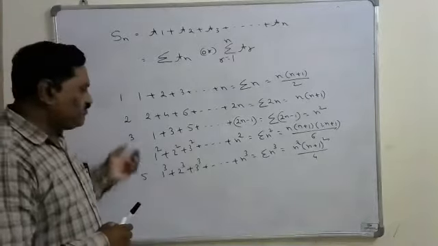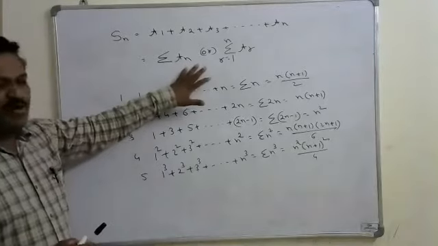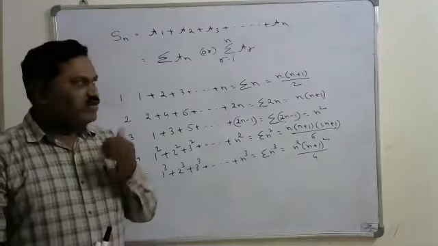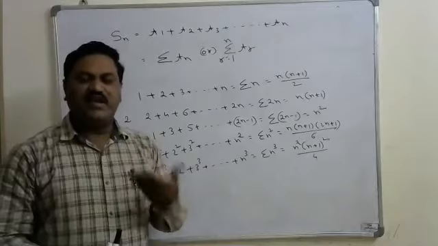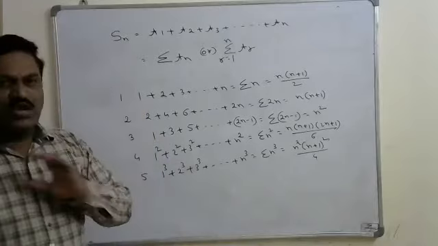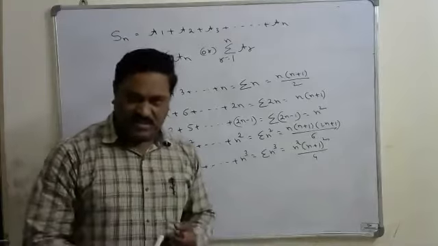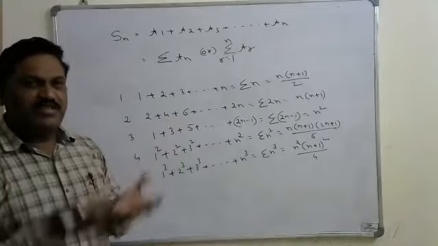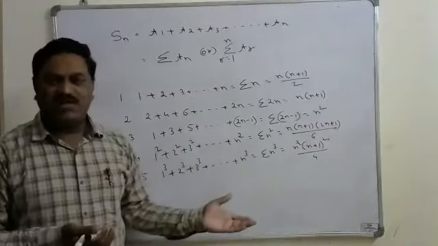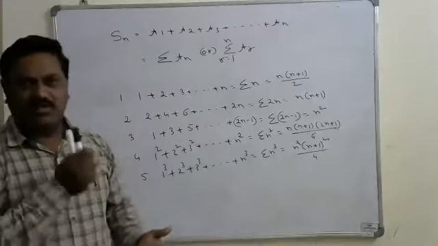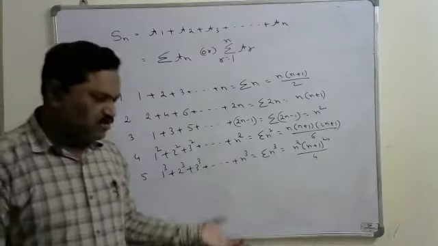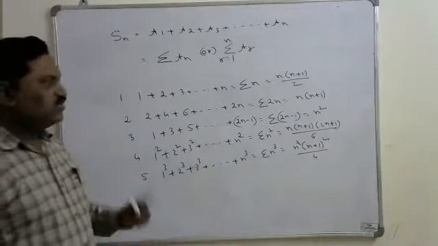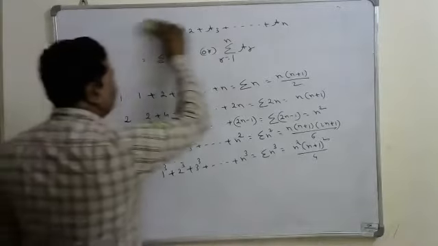So we have to remember these 5 formulas for evaluating the sum of any unknown series if it is given. The procedure is that whenever they have given the sum of n terms of any unknown series, first, by observing the first 2 or 3 terms, we have to write the nth term of the series. For that nth term, we apply the sigma. Then if you simplify that sigma by using these formulas, we'll get the sum of the n terms of that particular series. So you should remember these formulas. Now we will solve some problems based on that.